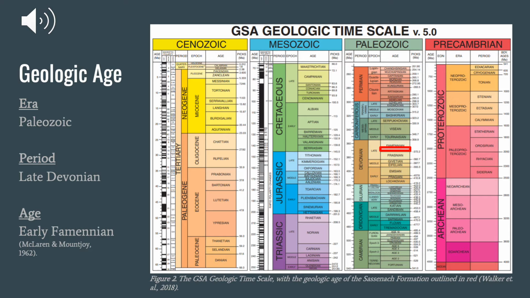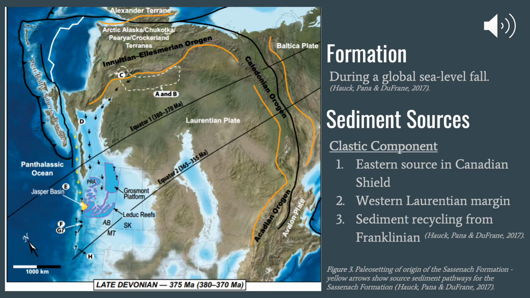The Sassenach Formation is early Famennian in age. This is found in the late Devonian Paleozoic and can be seen outlined in the red box on Figure 2, the GSA geologic timescale. The Sassenach Formation was formed from a basin infilling during a global sea level fall in